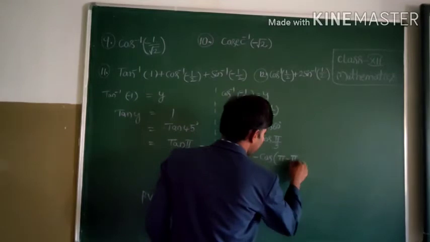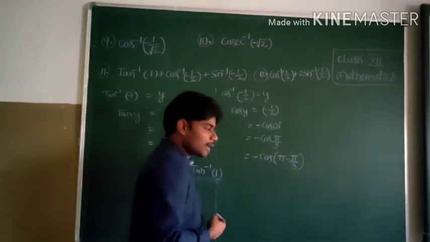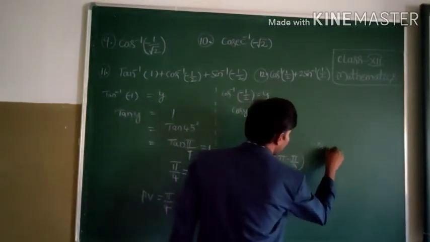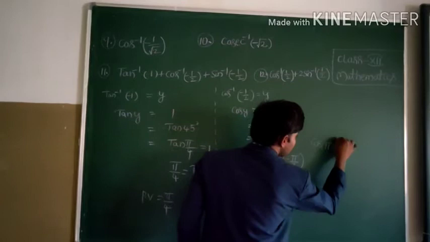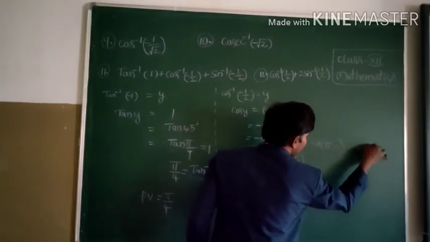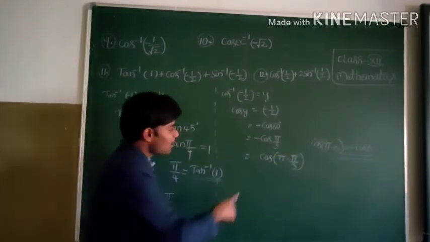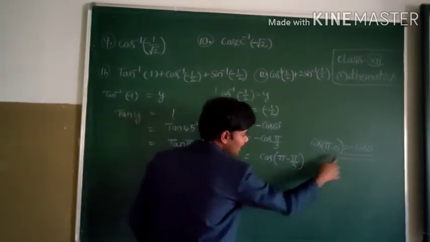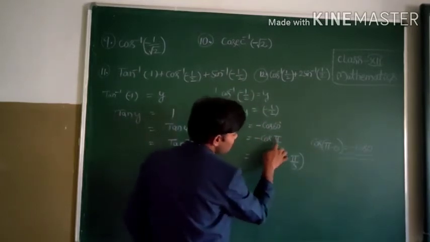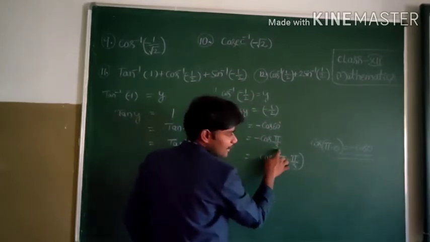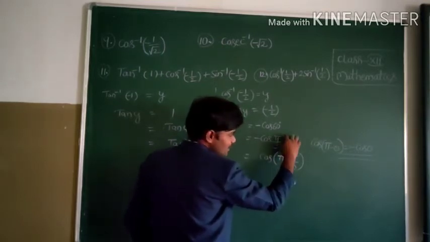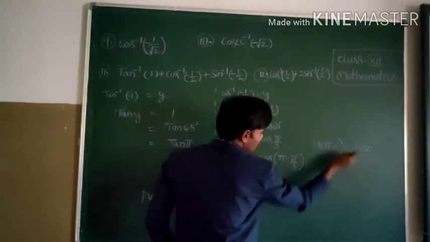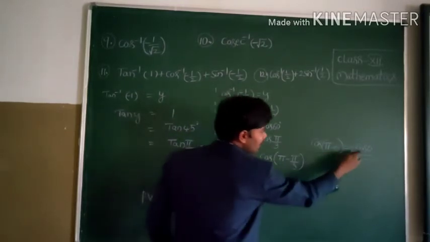So this one again, just see, minus cos of pi by 3. Okay? Here it is not just minus, because I already gave one more formula: cos of pi minus theta is equal to minus cos theta. This formula you need to use here. Cos of pi minus theta, this is the theta value, so it is minus cos theta. Minus cos theta, value pi by 3.